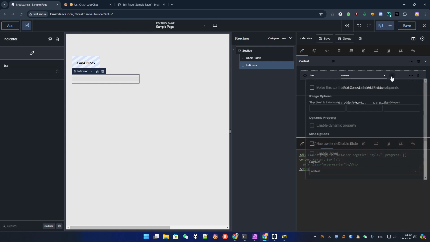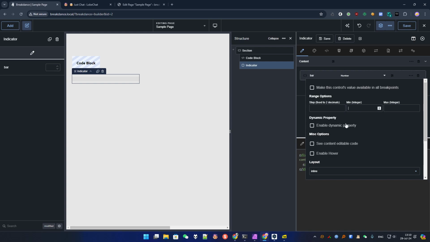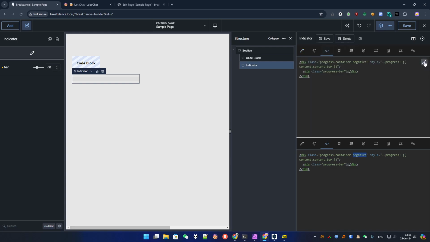Okay, I will change a little bit inline and set it to -100 to 100. Okay, and let's check that. Okay, so there's a little issue. That's normal because I started to -100 and it should only be positive number here, and we just set the negative class when it's a negative number. So go back here, and